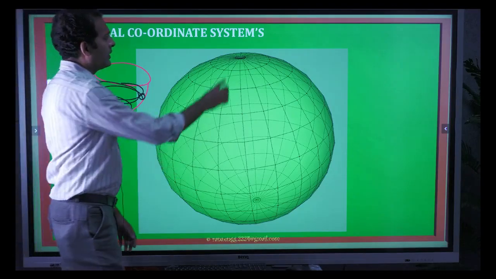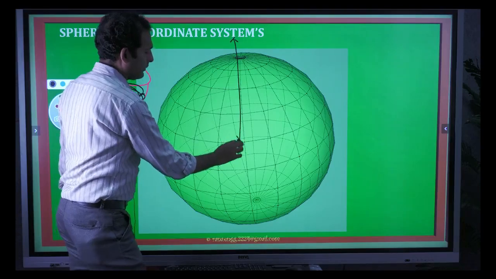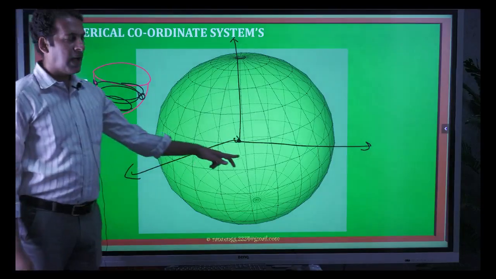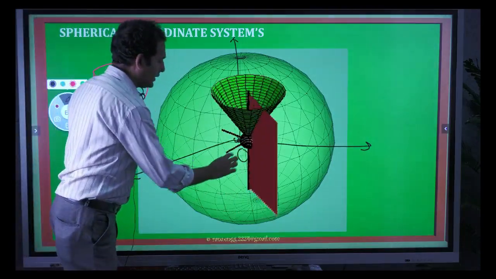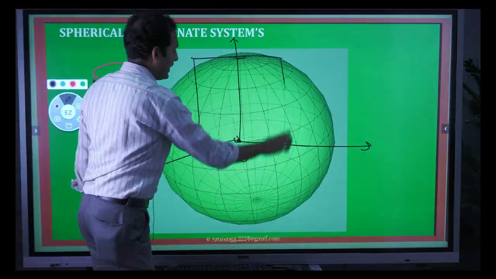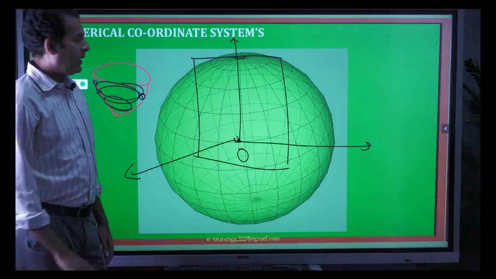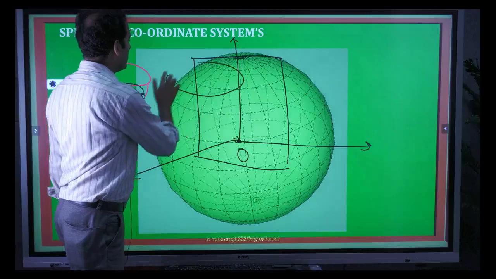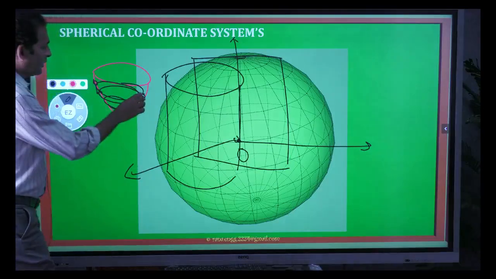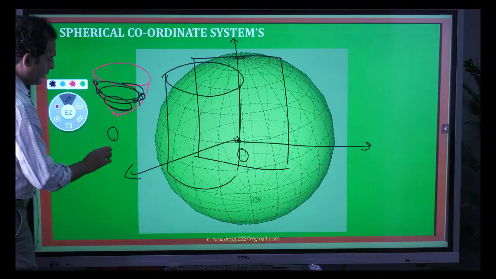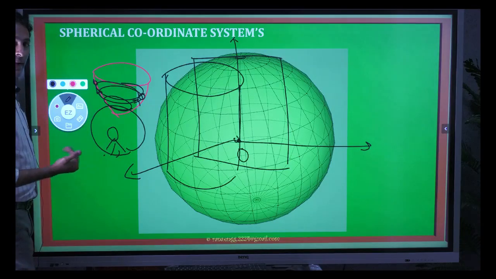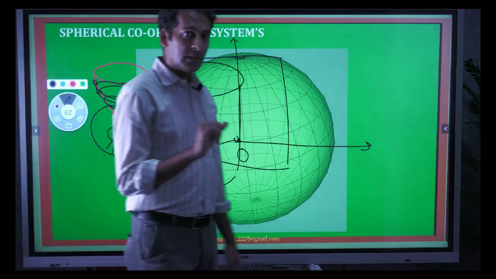For a sphere, we can consider the three axes for reference, and the center of the sphere will lie at the origin of these three axes. But here we don't have any flat surface like we had in the Cartesian coordinate system and the cylindrical coordinate system. It is circular from all directions. So if you want to find the location of the biker who is rotating inside a sphere, then we require some additional knowledge. That we have to discuss in this class.